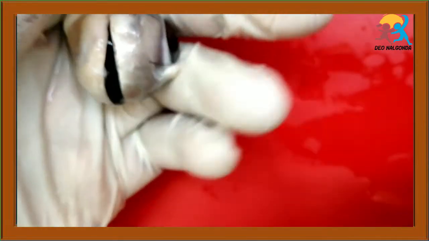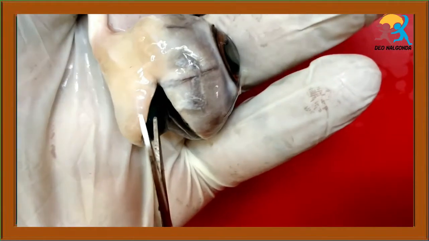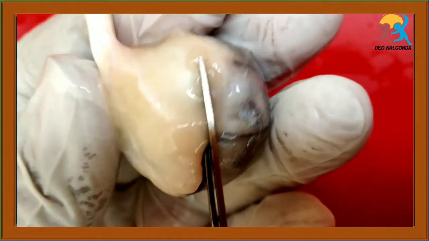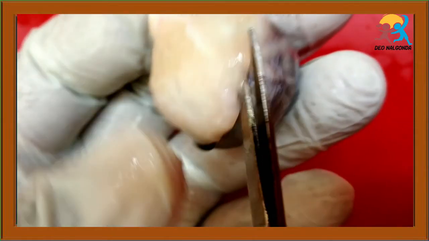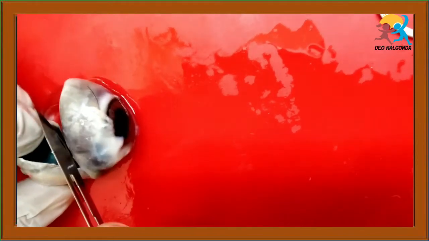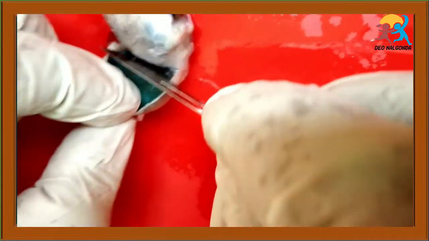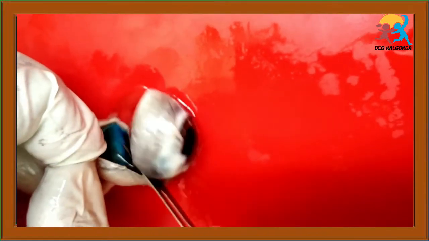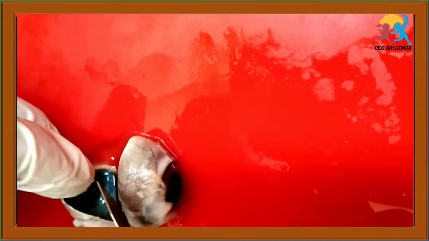At the same time I found that cutting the eye layer is very tough, because even though it looks very transparent and delicate, it is very hard, more than I expected. Finally I cut the sclerotic layer, the external layer, gently, and I found two pieces, the posterior and the anterior parts.